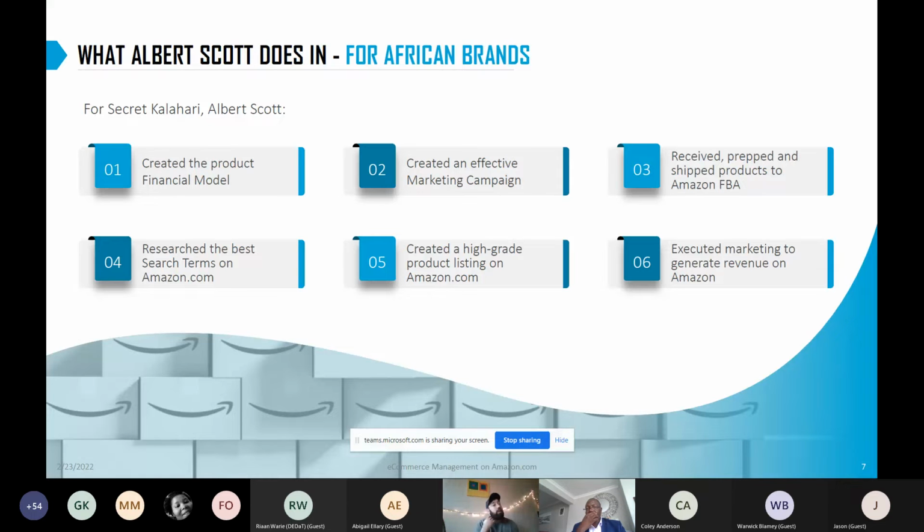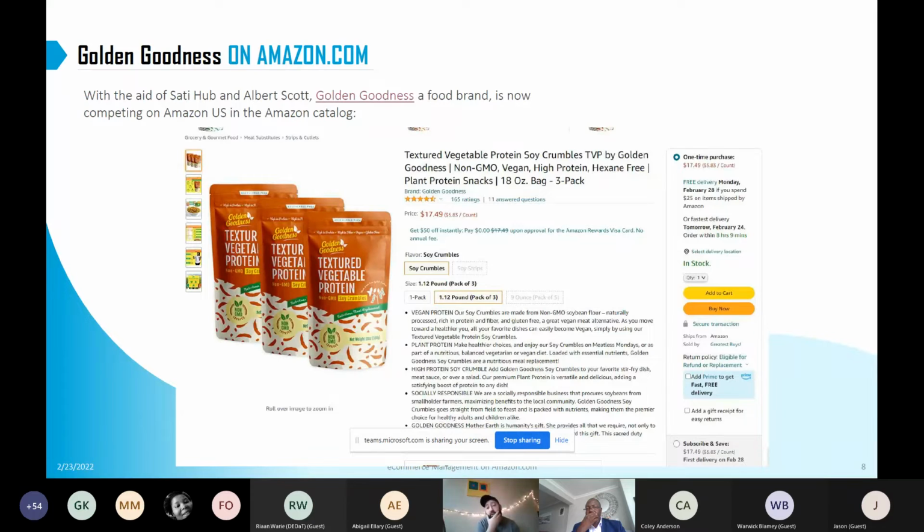Now, jumping to the final stage of my presentation, just to show you a product we've launched on Amazon in the last 6 months out of Zambia, is a textured vegetable protein, a grocery product. They delivered a container to my warehouse about 5.5 months ago, and we've launched on the platform since. So just to show you the product on the platform,